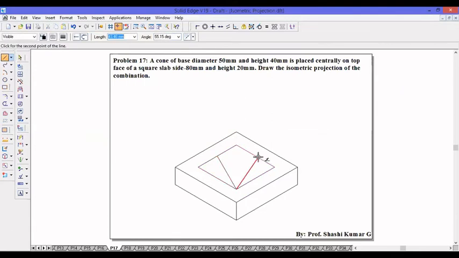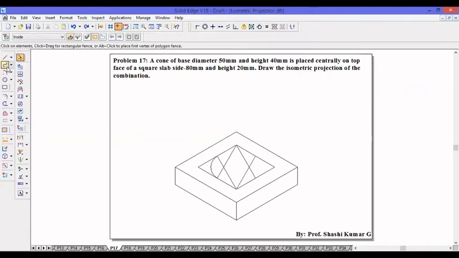Draw an ellipse using the midpoint method. From this corner you join to the midpoint of the opposite corner. Go for arc by center point method. From the intersection start drawing the arcs. This will be the center and keep this as the radius, and finally these two intersections. Find the center of the square.